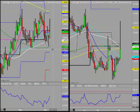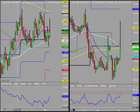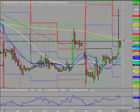There's no tech and there's no other reason for this move, and it may be yet that we give back the rest of the gains that were made there. For now, it's messed things up somewhat. Made it an awkward old day to be trading in some respects, because technically it's taken out quite a few points. Now, as I said, it could work its way back